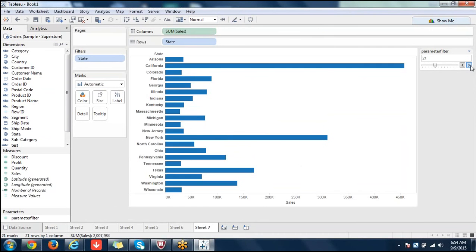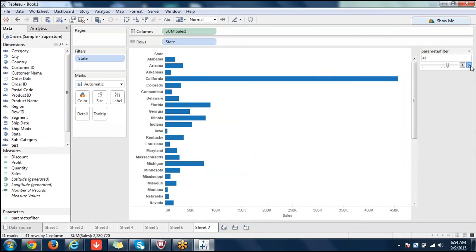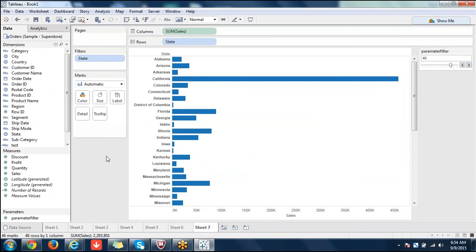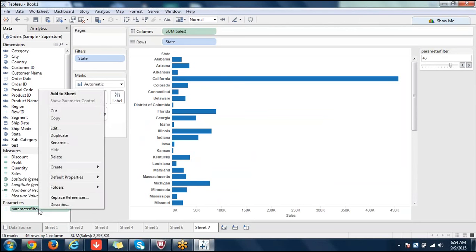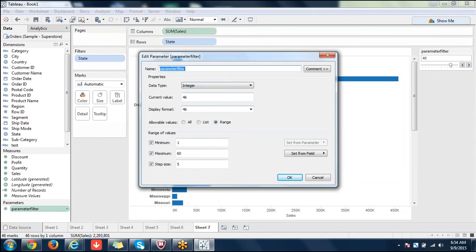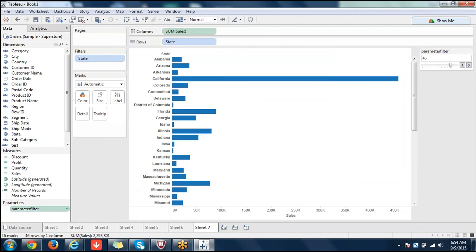Okay, this is one way of creating parameters. That means you create parameters while doing filters only. Okay, so that is one way of doing it. The same filter is here. If you want to go and edit it, you can edit it. That's not a problem.